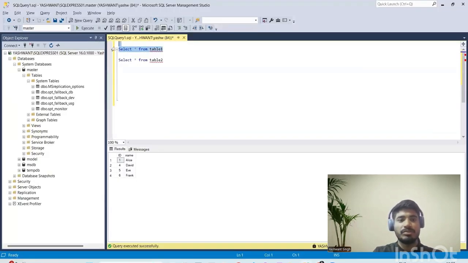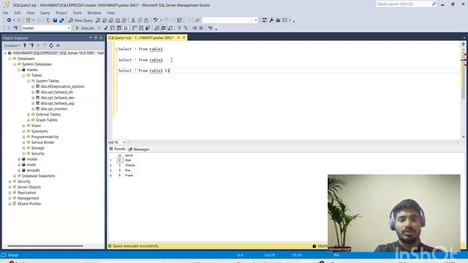Suppose this is table number one where the entries one, two, three, four are present, and similarly in table number two we have two to six. Now we want to firstly perform a full join because we want to have all the values at first. I will write select asterisk because I want to firstly fetch all the columns, and then I will show you how to select only those columns which are relevant to us. So firstly, I will write select star from table number one,